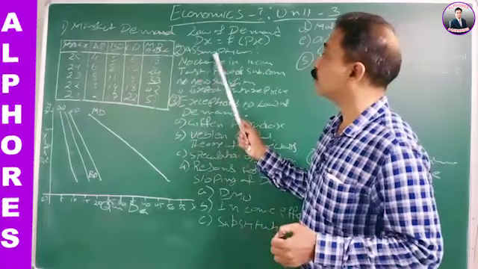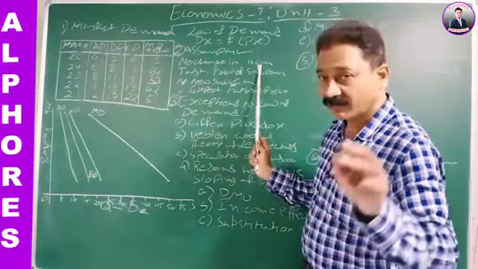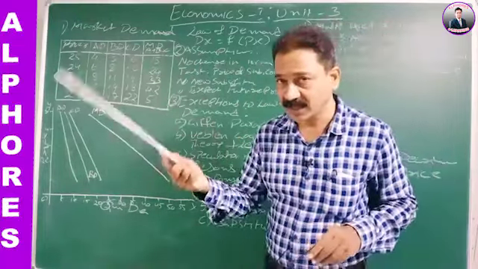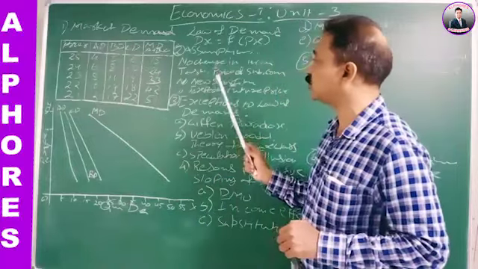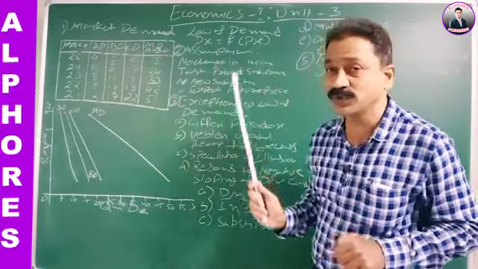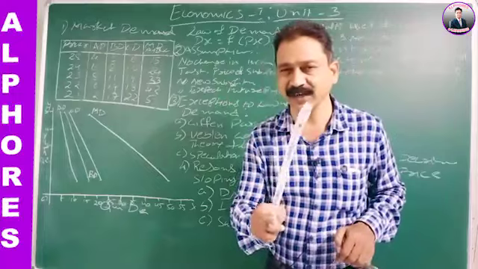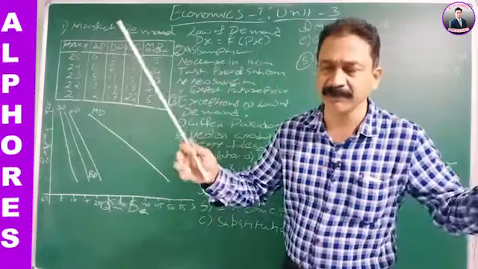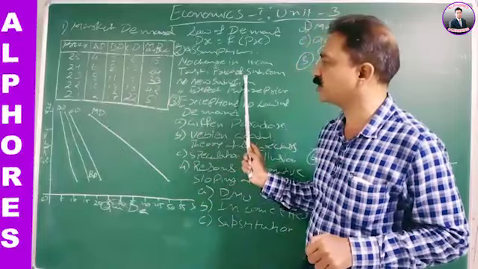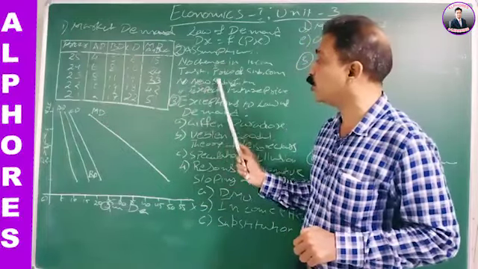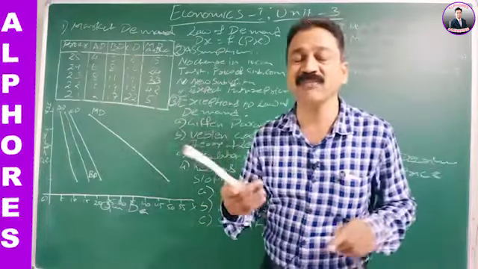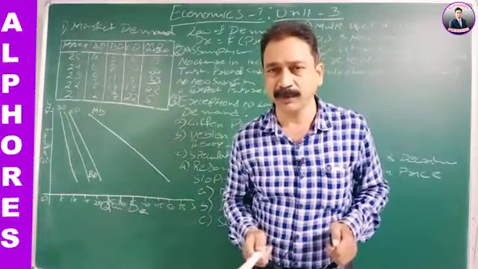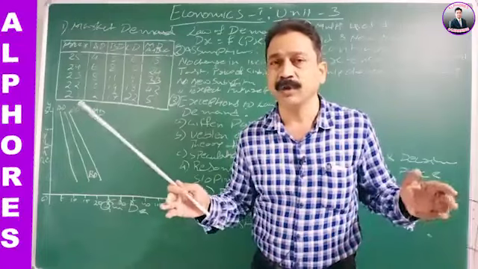Okay, so no change in income of the consumer, no change in the taste or preferences of the consumer, and no change in the price of substitutes and complementaries. Yes, certainly prices of substitutes and complementaries make a big difference in the demand. This is the third point. Fourth one, no new substitutes have been found out or invented. Nothing new entered into the market. If you remember, at the beginning, only black and white TVs.